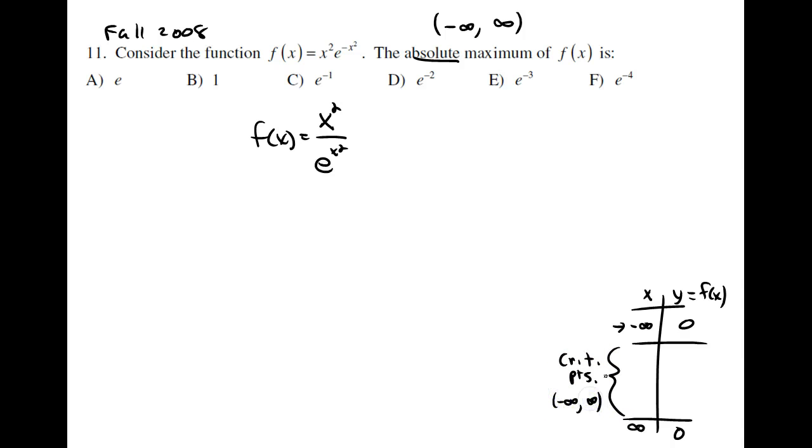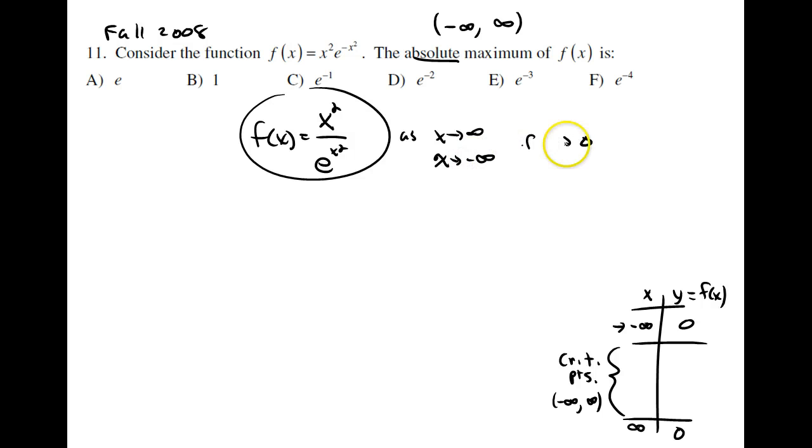just any critical number from minus infinity to infinity. Anytime your derivative is equal to 0 or undefined, but don't do it as a quotient rule. When it comes time to take the derivative, you're better off doing it as a product rule. This is just so you can understand what happens as x goes towards infinity, and as x goes towards negative infinity, the function goes towards 0. Go back to the original x squared e to the negative x squared and take the derivative using the product rule,